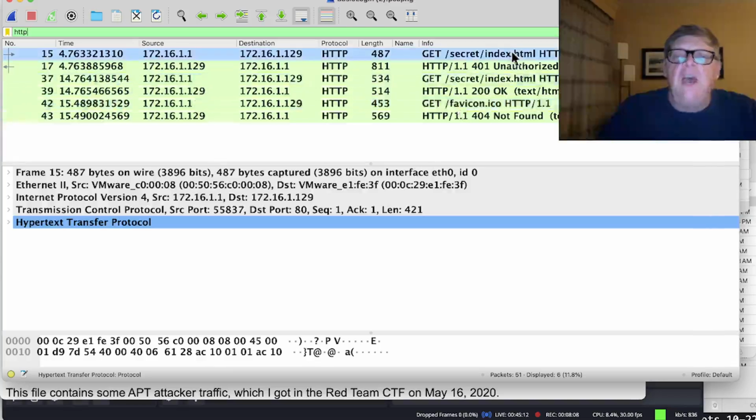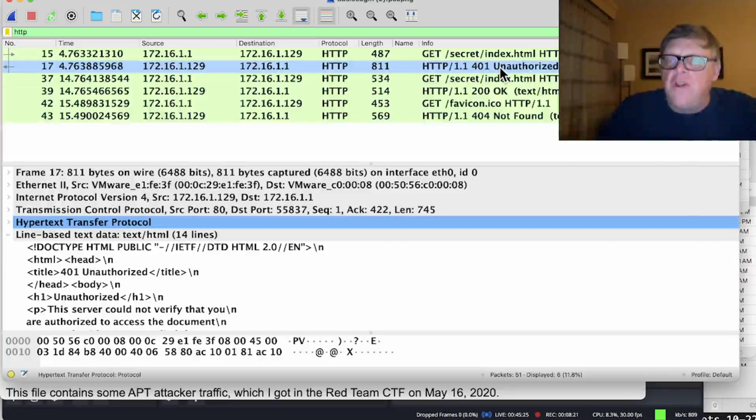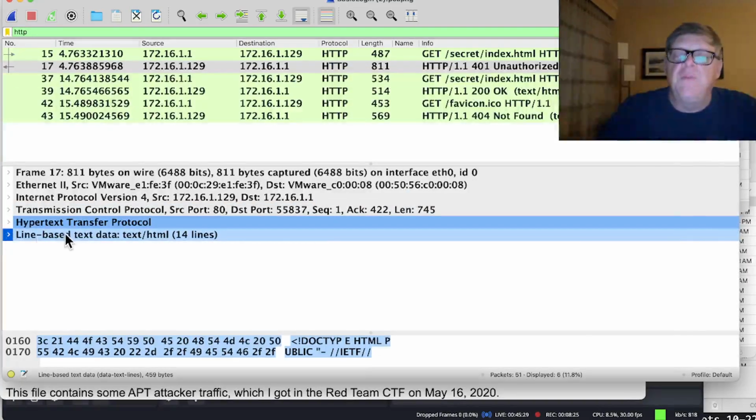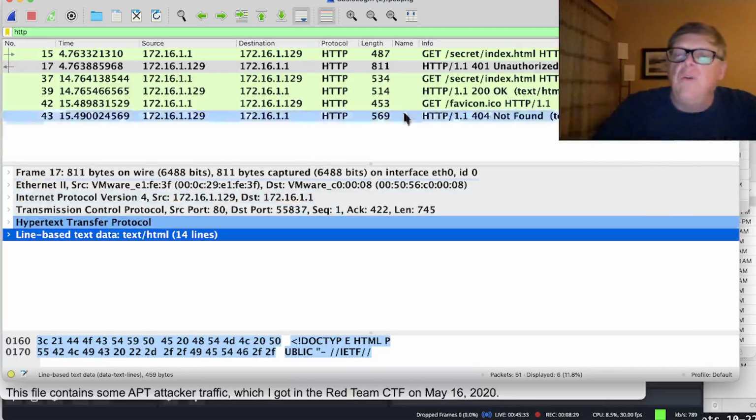All right. Now I try to get a secret, but it tells me I'm unauthorized. But the next time I get it, I get a 200 OK. So the way basic authentication works is you try to access a resource and you get this message, 401 unauthorized, and when you get it, your browser knows it has to collect a name and password from the user. So it'll pop up a box saying, give me a name and password, and then it will resend the GET